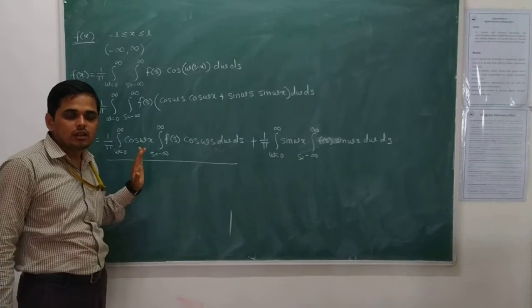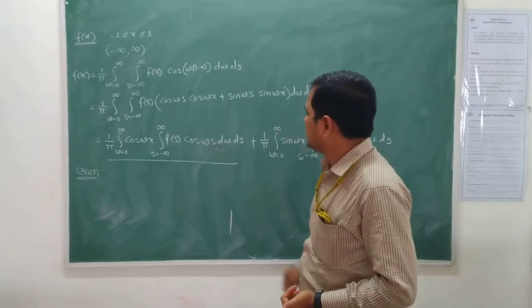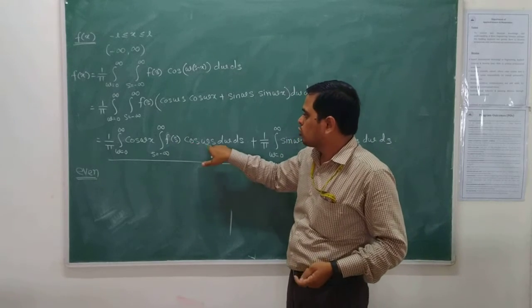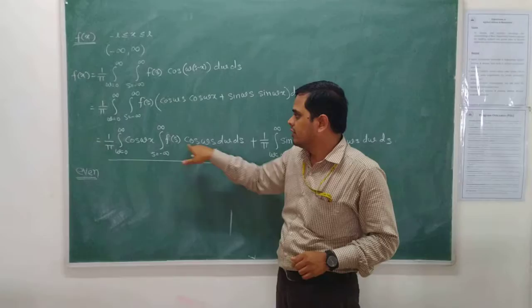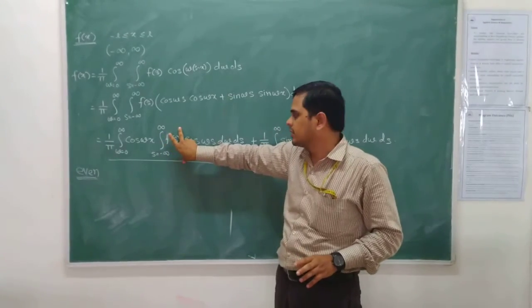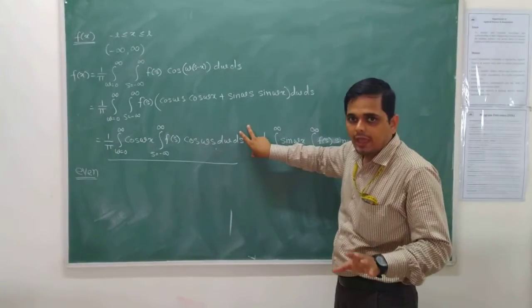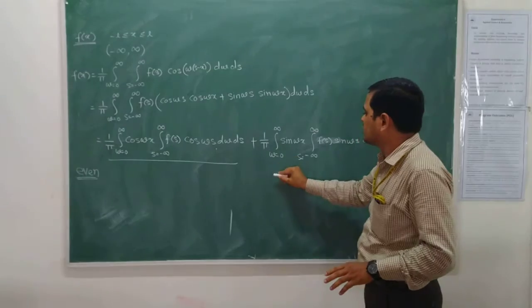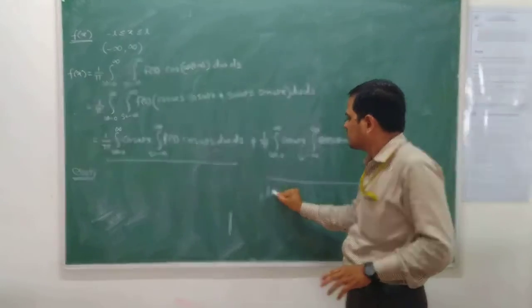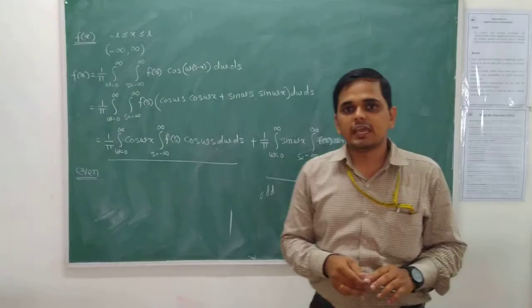That is called the Fourier cosine integral. Now second, if f of x is an odd function, ultimately f of s becomes an odd function. F of s is odd and cos omega x is an even function. Even into odd becomes odd. Again the first integral becomes 0, and therefore the first term becomes 0. Hence only the second term survives. So when the function is odd, the second term will survive, and this is called a Fourier sine integral.